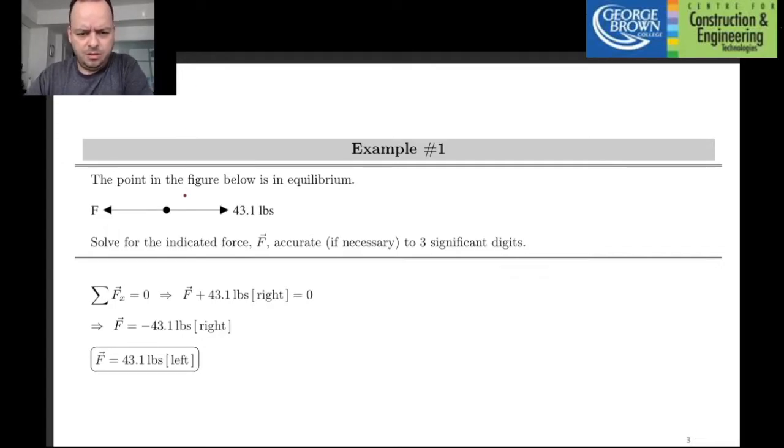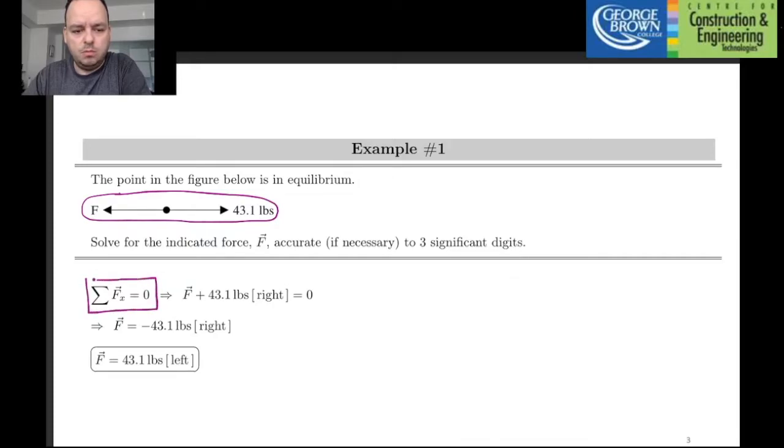We have the following 1-dimensional diagram, and the question is to find the value of F, the force, so that this system is in equilibrium. If I was in your shoes, I'd probably answer it the same way, which is just to say it's 43.1 pounds to the left. And I'm not expecting anything more profound from you in a response. However, I do want to cover this example in a bit more rigorous way by looking at how we can